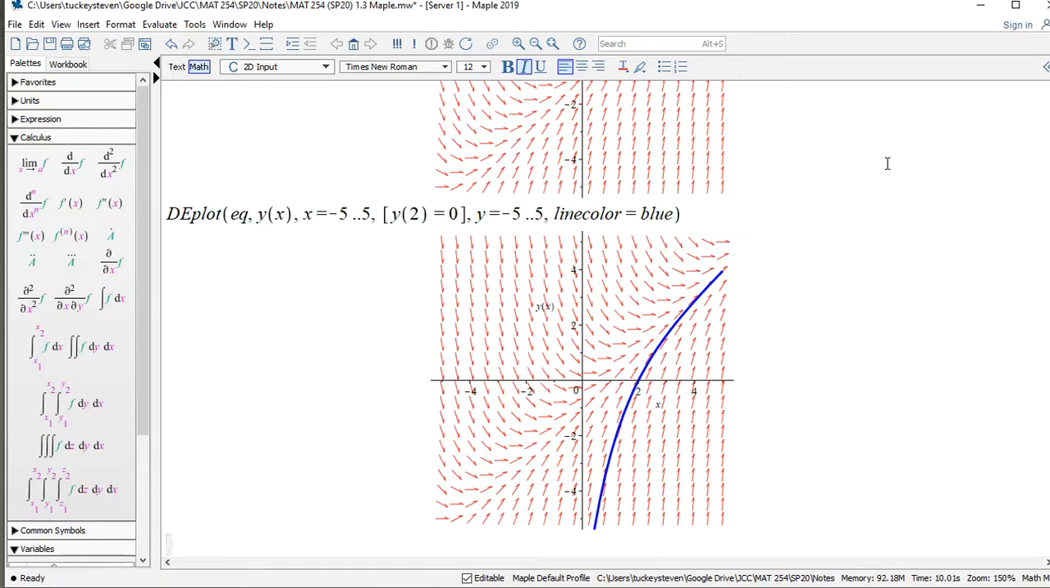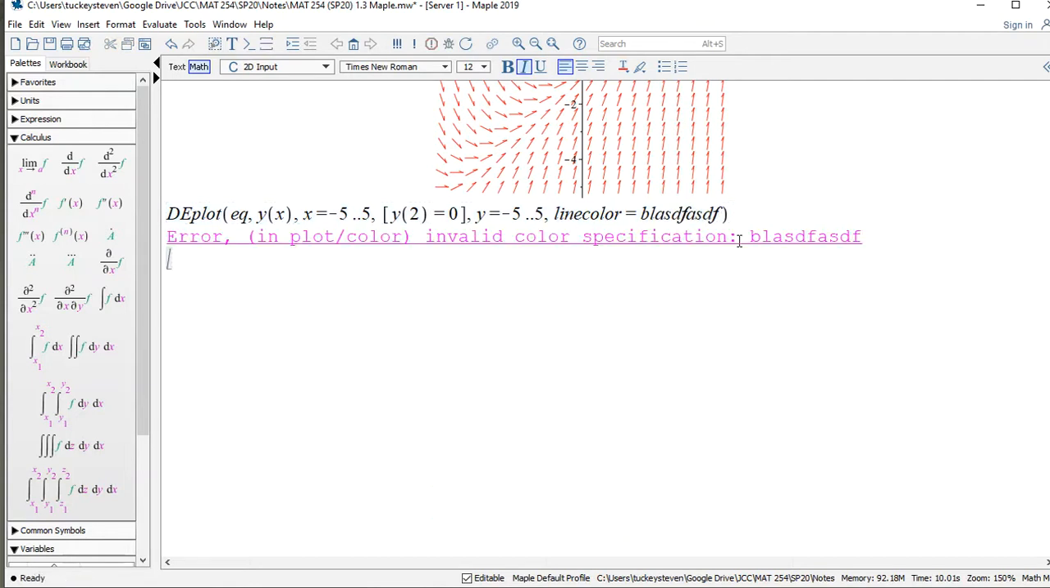So there are a whole bunch of different options, and one of my favorite ways to figure out what the options are for line color is to type in a bunch of gobbledygook and see what Maple says. I said line color equals blah, blah, blah, and it says, I don't know what to do with that. I can click on this link and see what to do, or if I want, I can go up here and type in line color